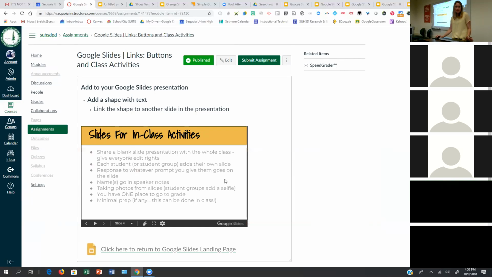So the in-class activity here is kind of similar to what I mentioned at the beginning, where you can use slides for activities. This is kind of a special use case where you don't even have to prep it in advance. I saw this done where the teacher just said, okay guys, I'm just gonna make this new slide.